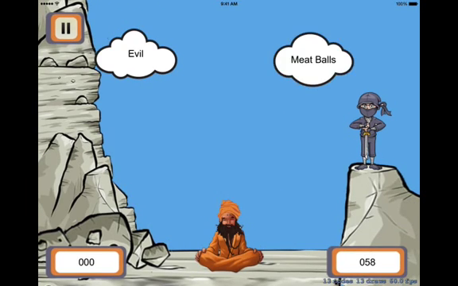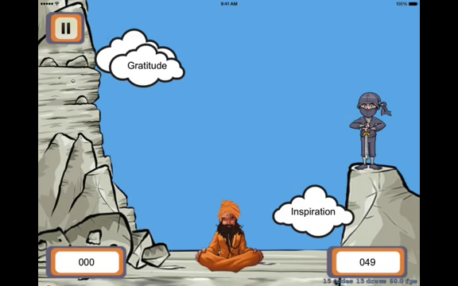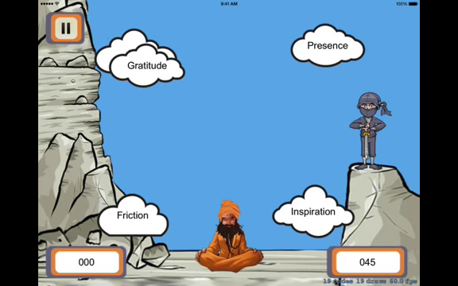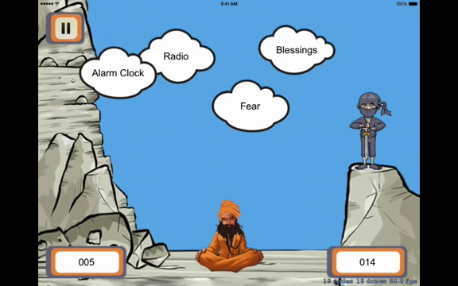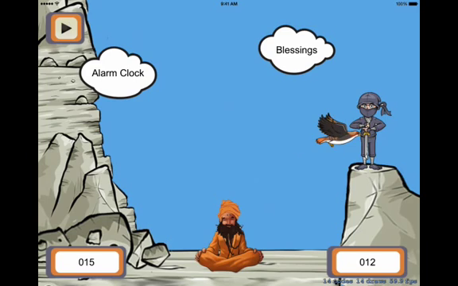The graphic user interface, you can see, has been enhanced significantly. I've still got the score keeper in the bottom left. It also has a timer counting down in the lower right and the pause button in the upper left. So if I hit the pause button, everything pauses and the thoughts stop coming, and all the touch interaction is disabled. If I have a bird flying across the screen and I hit the pause button, everything freezes. And if I unpause, it continues along its merry way.